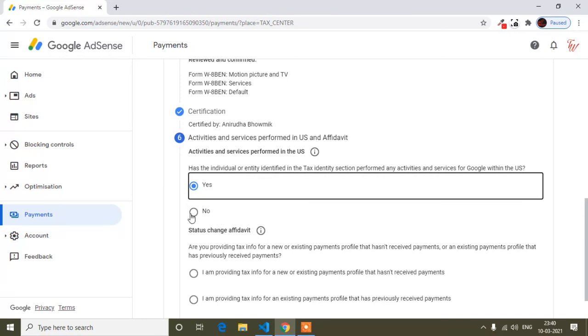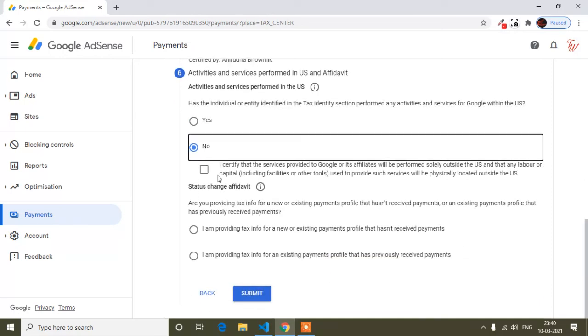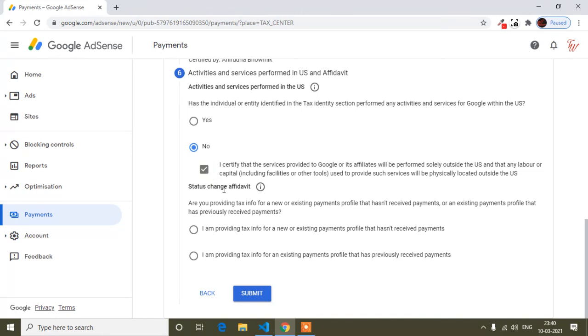But if you are not from the US, just click no. And here simply check this option, which says that I certify that the service provided to Google or its affiliate is clear, that this service is provided to Google, which I'm submitting the documents for. So you just have to click this check option.